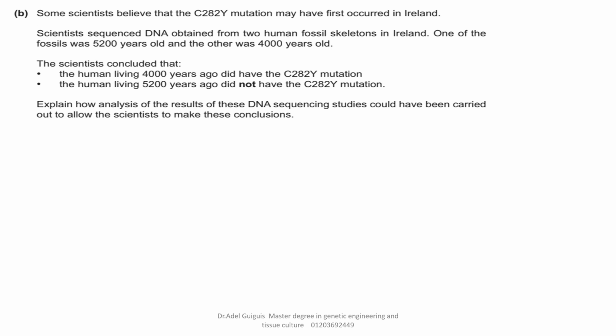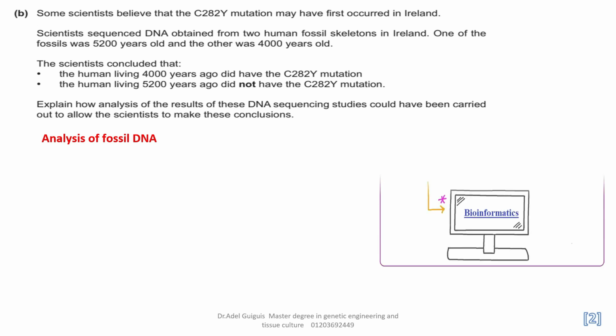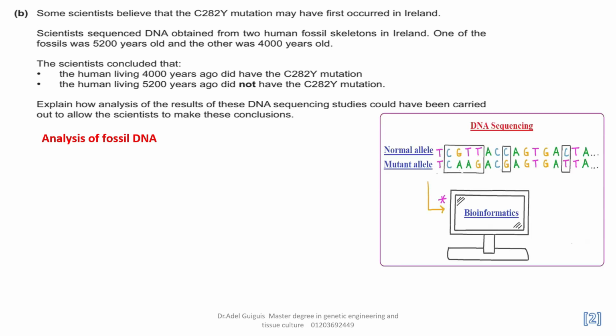Sure, they depend mainly on stored data in a database, as bioinformatics, and compare both the normal gene and also the mutant one. When they compare the DNA sequencing from both human fossil skeletons with the stored database, they find this mutation and reach their conclusion. They can state their conclusion. Look please. Firstly, analysis of fossil DNA. Okay, after analysis and comparing